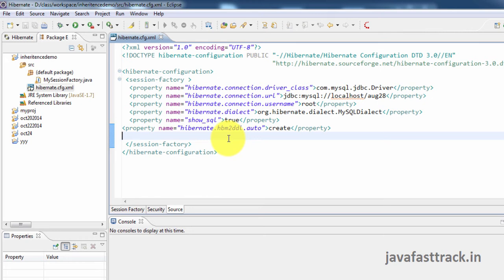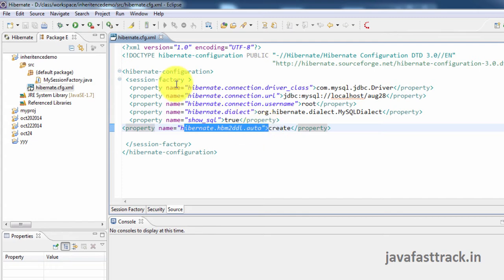Since I cannot do reverse engineering from table, from mapping I am trying to automatically create tables. That will make my life very easy. With that, I completed the project setting. Most important thing to remember is this property.